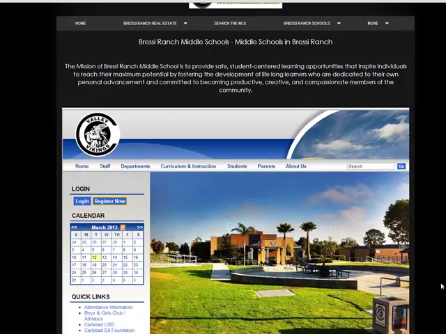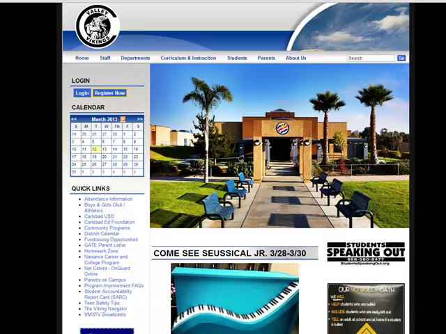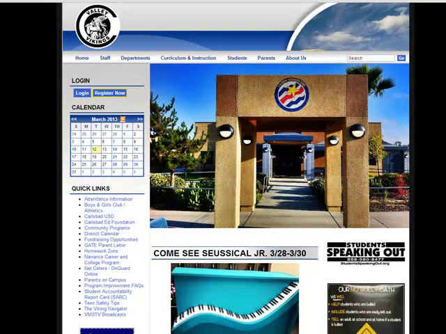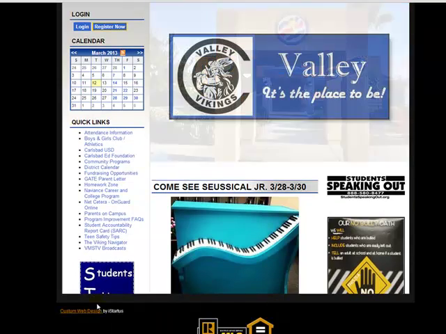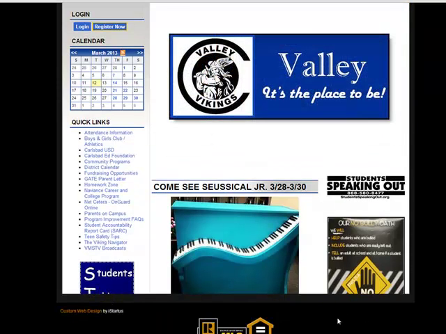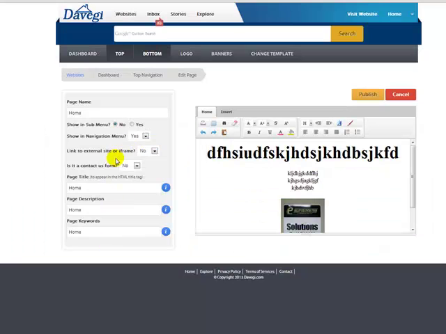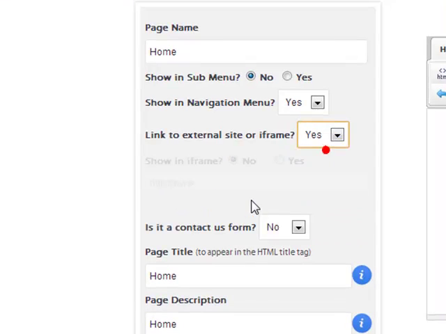The last thing I'm going to leave you with is I want you to think of an iframe as a picture frame, meaning there is a width and there is a height to the frame. And you're going to see in this case on this website, my height is not big enough. So if I go back to my website, you will see that over here. When I click iframe here,